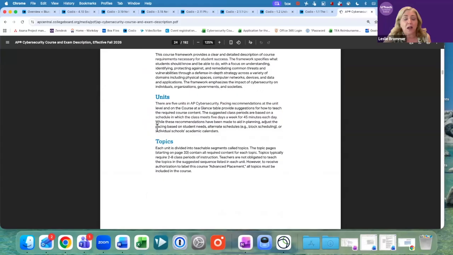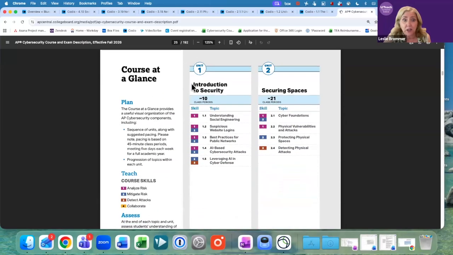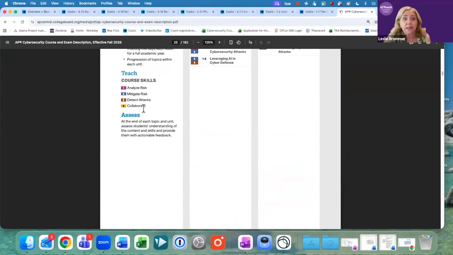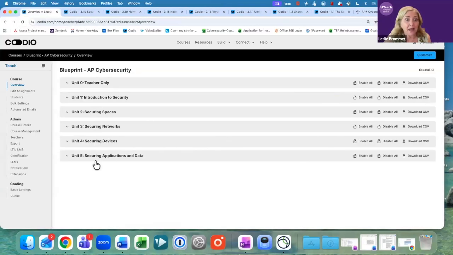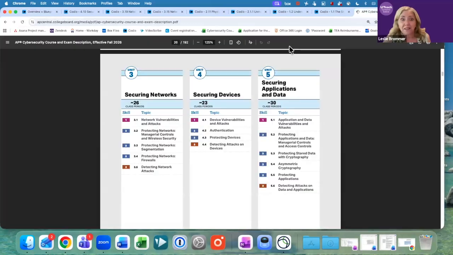And then you have the course content where you've got units. You can see there are 5 units: Introduction to Security, Securing Spaces, Securing Networks, Securing Devices, Securing Applications and Data. And here's our course in Codio, exactly the same units. That works great.